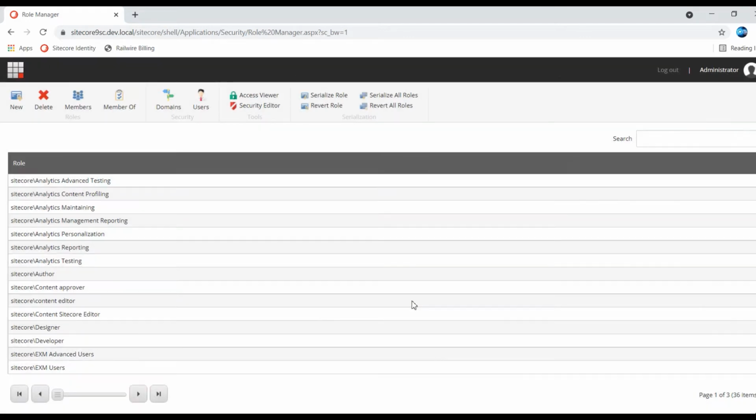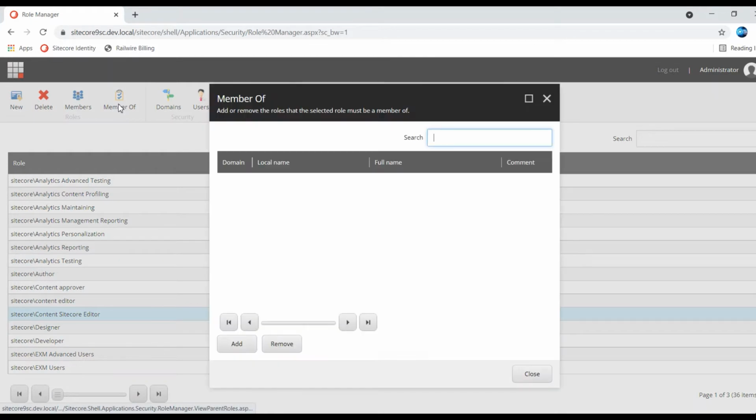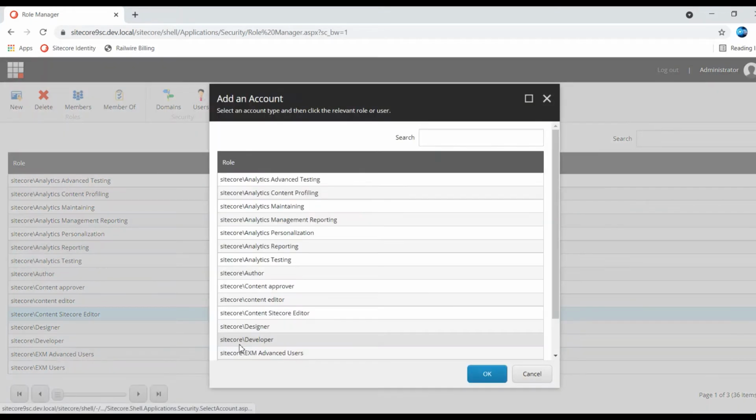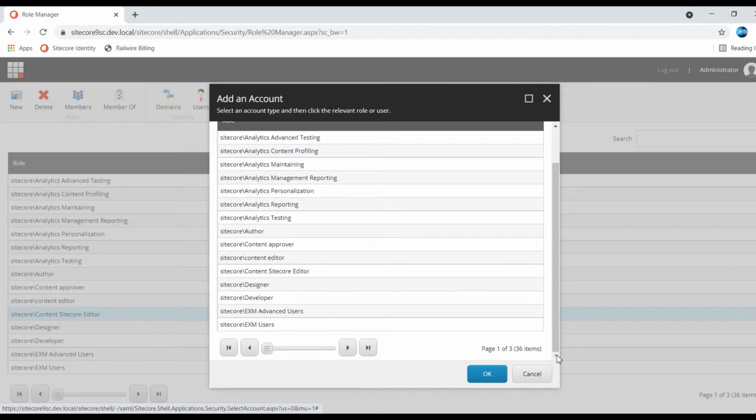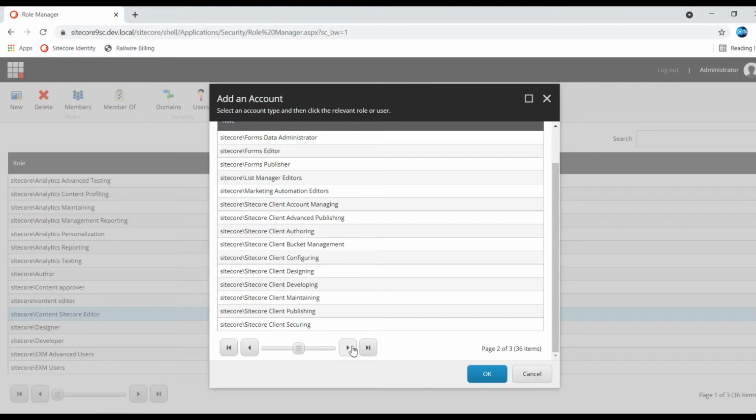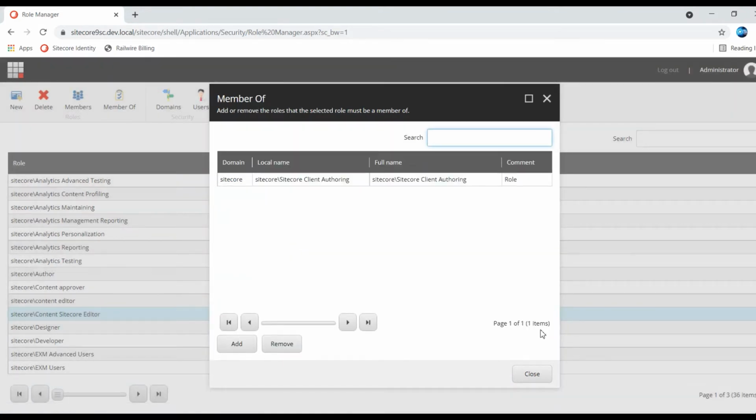Let me select the members. Currently I am selecting only one member, that is Sitecore client authoring. This is the one member for this content editor, Sitecore content editor.